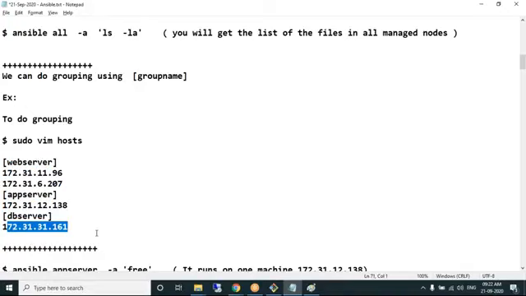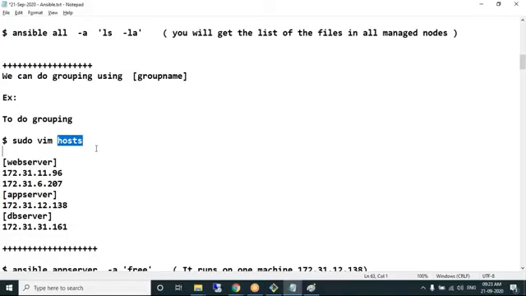Like this, the same inventory file which we have, as of now, is not having any groups. But practically, an inventory file will have groups: application server, web server, database server. This is how the groups look. It's always good to divide the machines into groups so that you'll understand, okay, these are the machines of web server, these are machines of database server, these are machines of application server. The advantage, anyways, we'll see now.